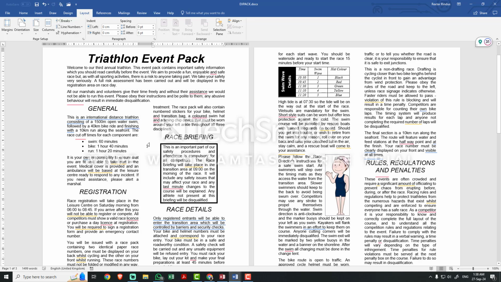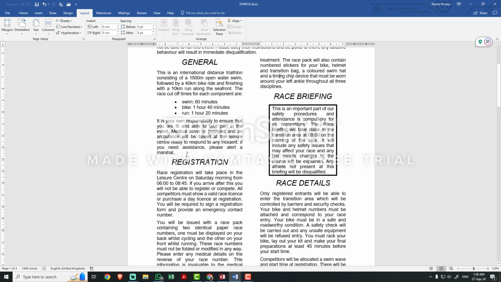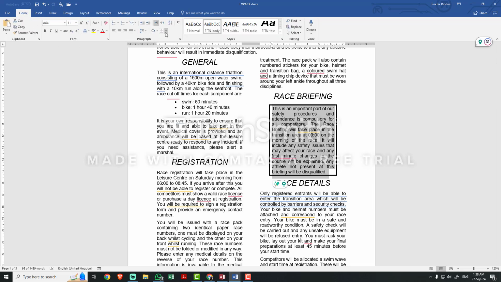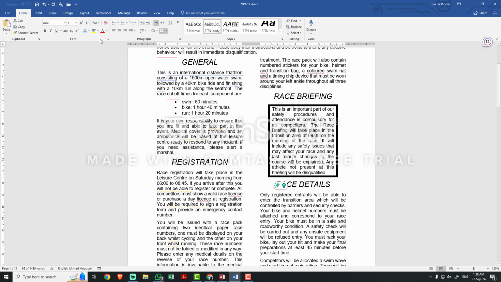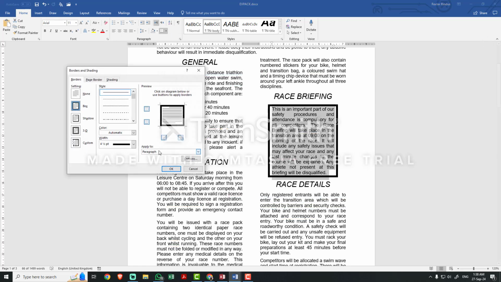Another thing they mentioned is a question that relates to making something like this exactly. That's why I opened this paper, because they said it's most likely the same as this paper, where the question was to add a border to a specific paragraph and make it a specific width. You can do that by going to the border here, Borders and Shading, choosing box and choosing the number they want. It might be between 3 and 4, something like that. I think I chose 4.5, so you can just choose 3 for that particular thing.